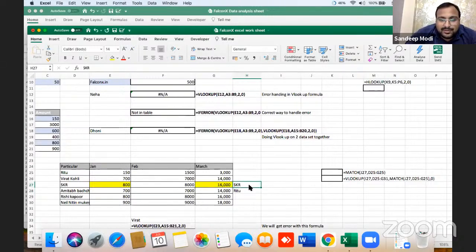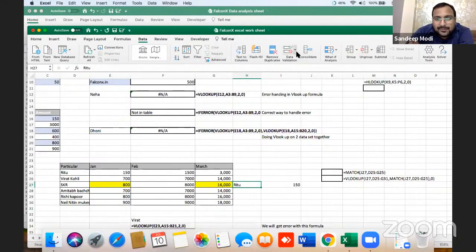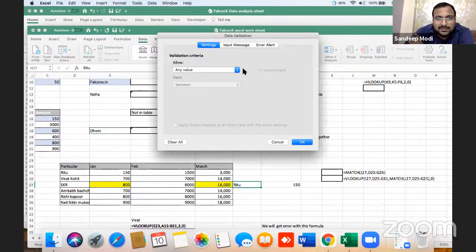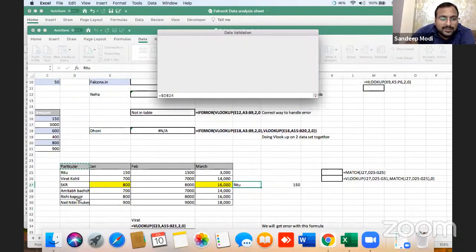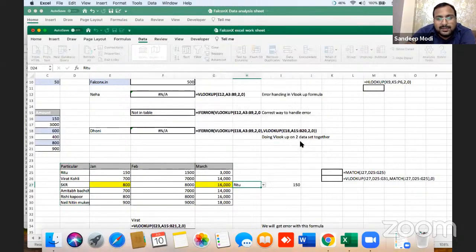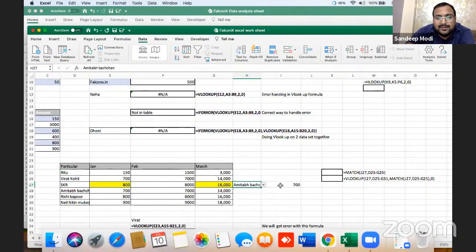How can we put Shahrukh Khan dynamically? And for getting the answer, one method is you have to change it this way manually and you get the answer. यहाँ पर drop down लगाना है मुझे. So how can we put a drop down here? Go under the tab Data, Validation, List, Source, particulars. Now this is dynamic. Whatever you want, you can get it.